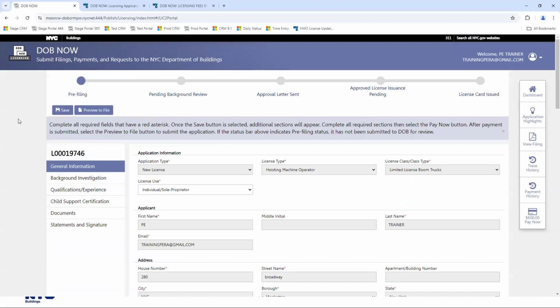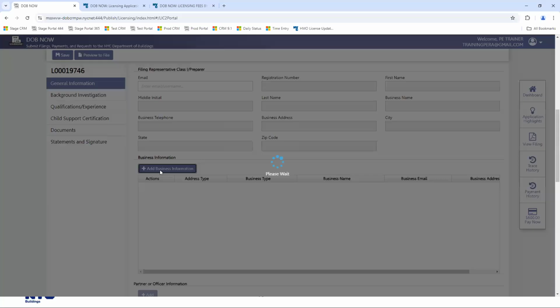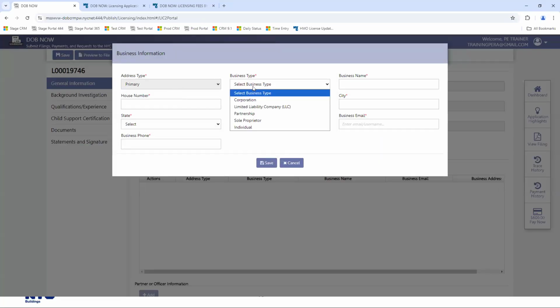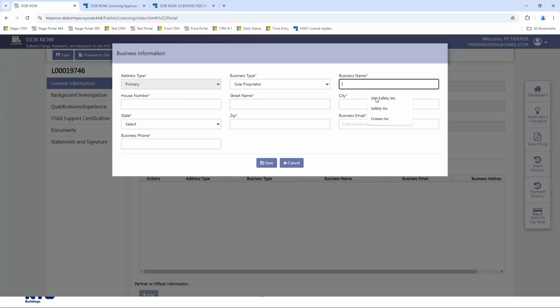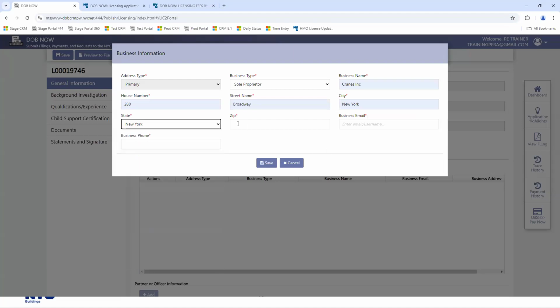So let's look at this in the system. Note that we have up here the status bar. We have that comment. We have the additional tabs. But for now, I'm going to go down to the new sections. Business information, as I said, is an optional section. But if you have a business, you can enter it. You can select your business type. You can enter your business name, the address. The reason these are showing up is because I've already filled this out before. If you have not filled this out before, it won't show up as autofill. And I want to show you all of this so I can show you the partner information.